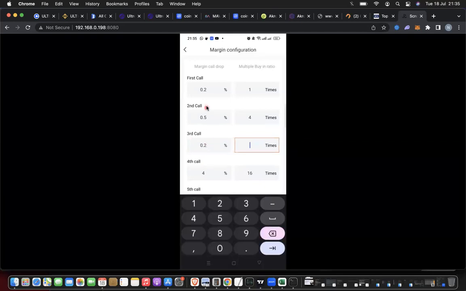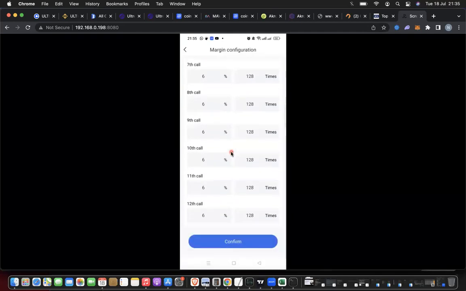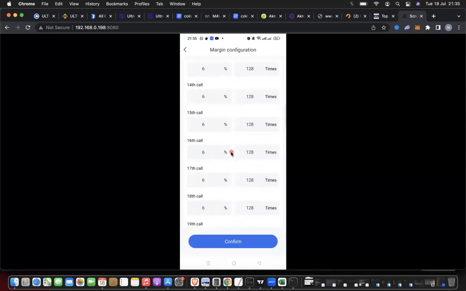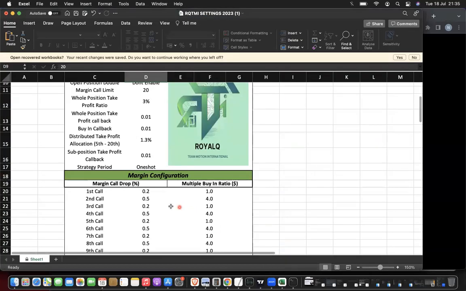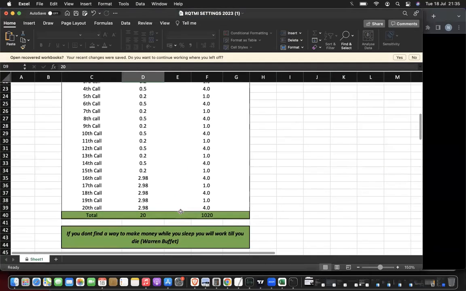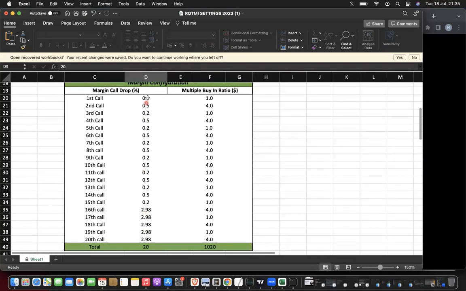So do you see that this is how you're going to be entering everything? I don't want to end up doing all that. This is how you're going to enter everything to the 20th margin call. You're going to do it 1 by 1 this way until the 20th margin call. So total number of percentage drop is 20. If you add all of this, 0.2 plus 0.5 plus 0.2 plus 0.5 down to 2.9, 2.98, you're going to